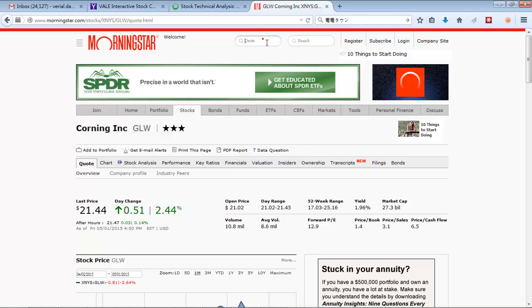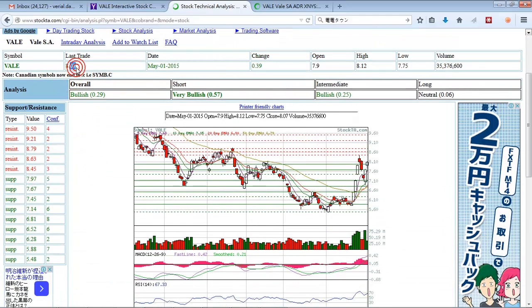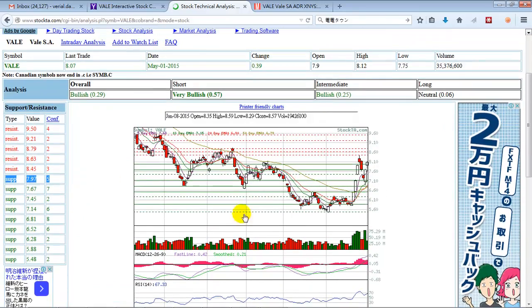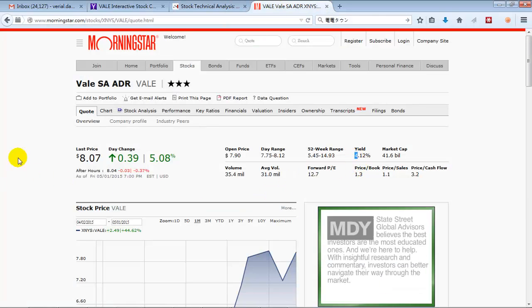I chose these for a reason, but I chose these a couple hours ago, so I forget exactly why. Right now we're at 8.07. We have a little bit of support below us. It's not extremely safe, but you can see in the long term, or the short term and intermediate term, it's bullish. It's a really gappy stock these days, and we do have a 4% yield, so this would be a